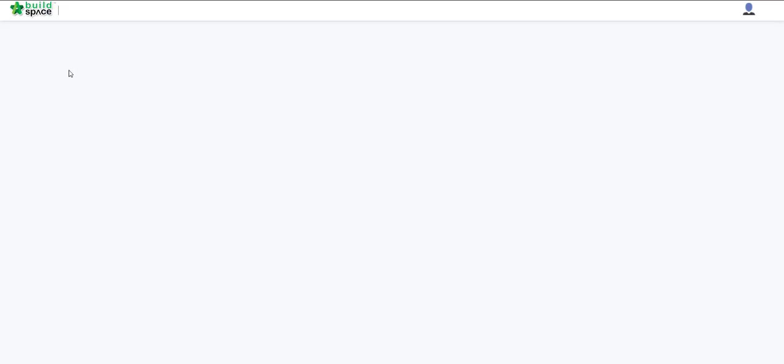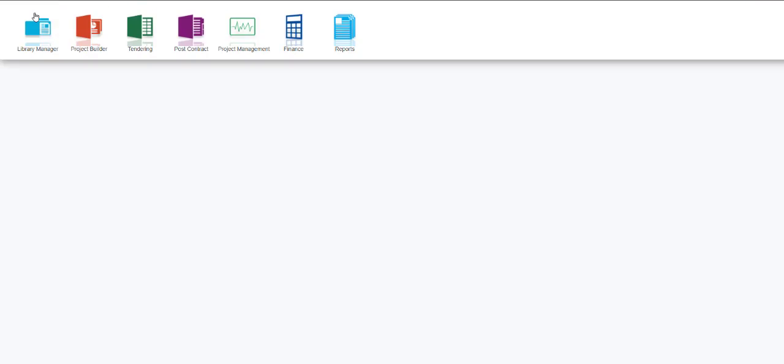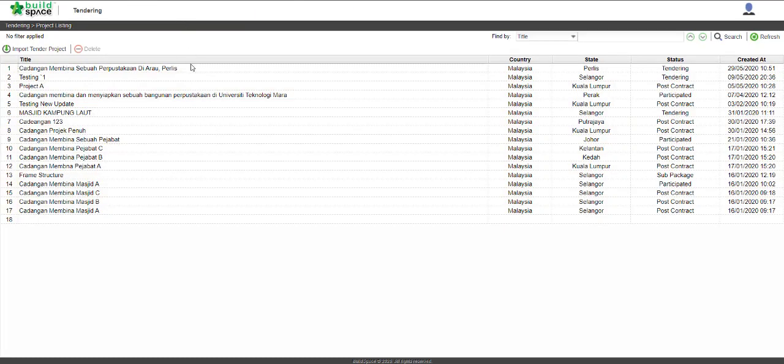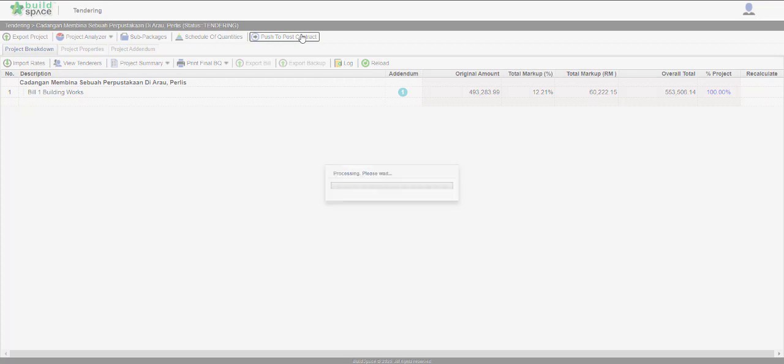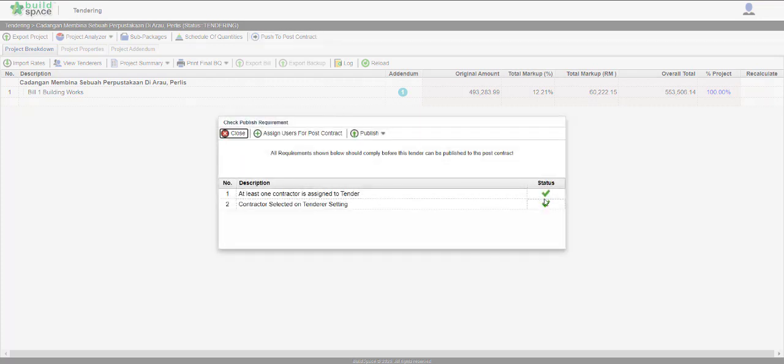First and foremost, click on the BuildSpace logo and then go to tendering. In tendering, go to the project that we wanted to push to post-contract, double click on it and then click push to post-contract. Over here we can see that there are check bars that we need to complete first